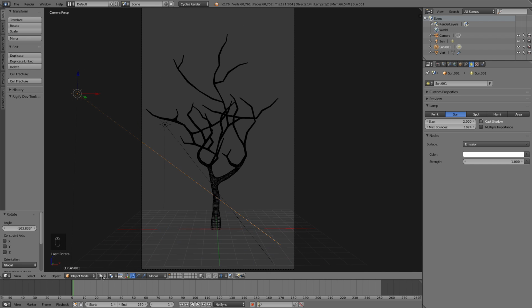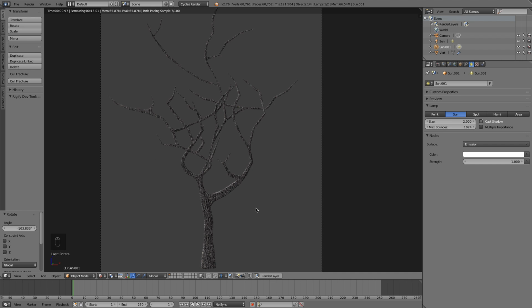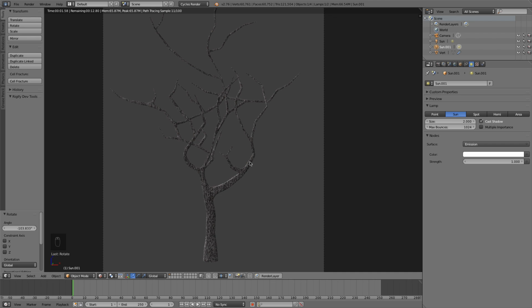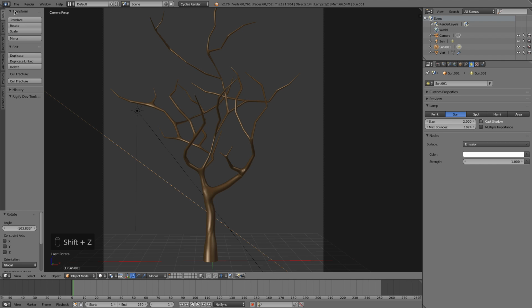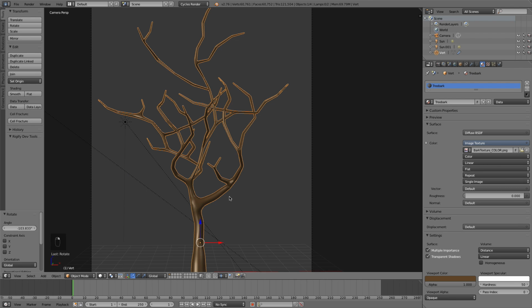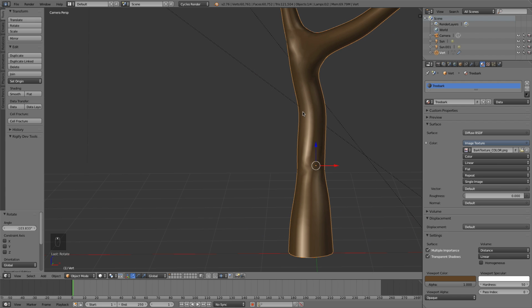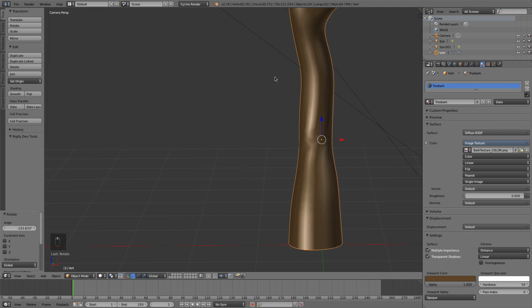And if we just look through this test render, there we can now see what's actually going on with our material, and our tree is looking wonderful. Alright, now you want to take this time to save. Alright, now to complete the material of this tree, I'm going to zoom in here. I'm going to create a render box around the base, so Shift B inside the camera, render box right there,